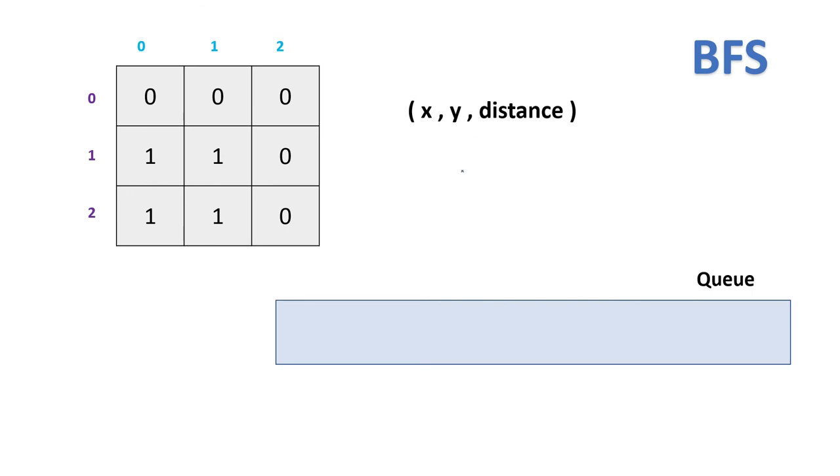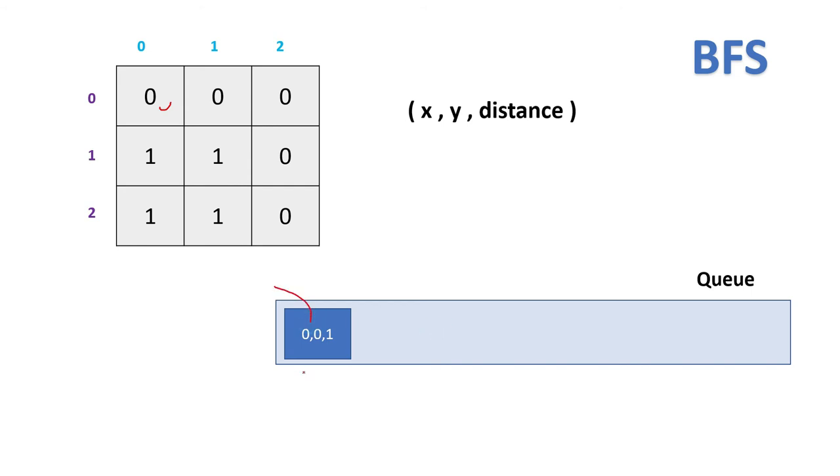And then we have to put it in the queue and we have to dequeue to do the whole operation. So first thing we'll put in the queue is 0, 0, and we will consider the distance as 1. Next what we will do is we will pop this element and we will put all the adjacent nodes for this in the queue or cell.